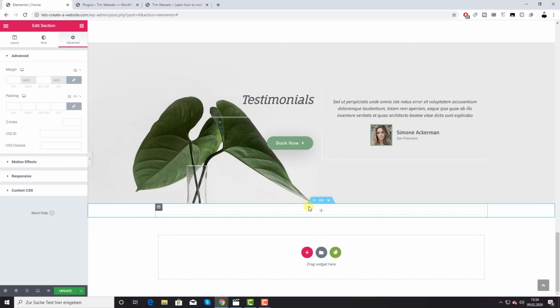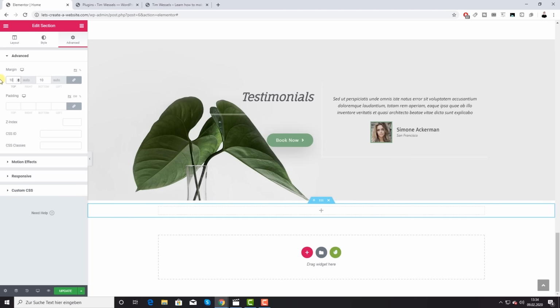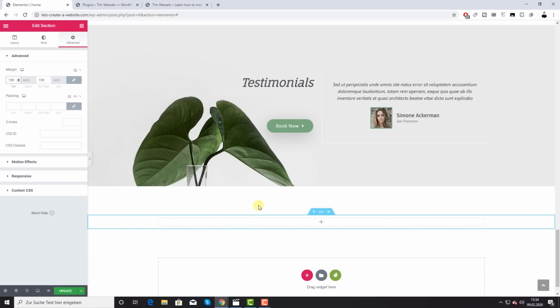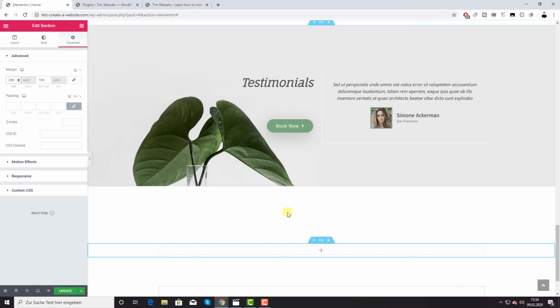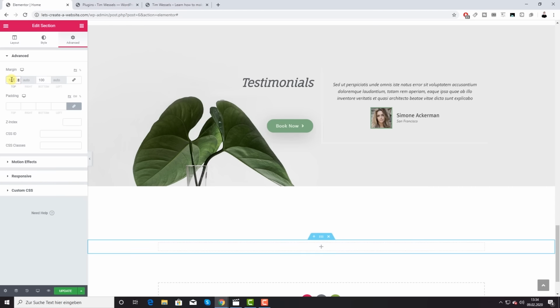The margin is the space on the outside. So if I would add 100 on the top and bottom, we have 100 pixels of space between this section and this section. You could also unlink this and give it, for example, 200 to the top. Now we have more space to the top and still 100 to the bottom. Or you can also make it 0